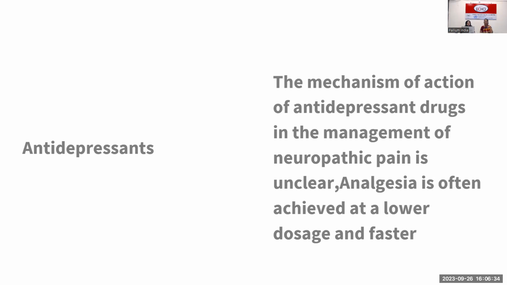And the mechanism of action, how exactly it works, is not clear, but the analgesic effect is attained at a very low dose. Normally, an antidepressant dose will be 8 to 10 times the dose of what we use for pain relief. So, for example, you will use 12.5 milligrams or 25 milligrams to start off, whereas normally, as an antidepressant, you will use a higher dose.